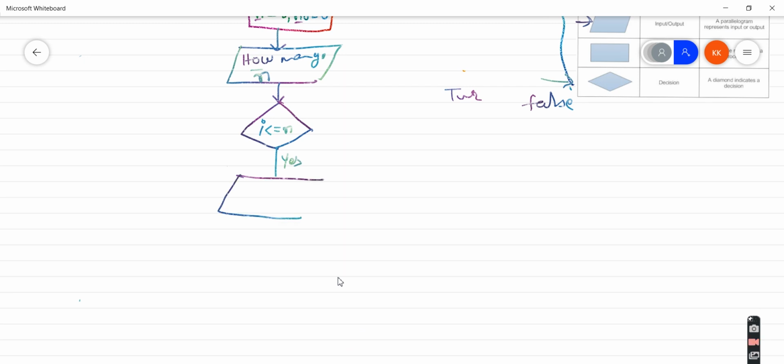Enter the value of number, right? So let's say the user has entered 6 for the first time. Then what next do I need to do? Sum is equal to sum plus number, right? And again I need to increment the value, I is equal to I plus plus.